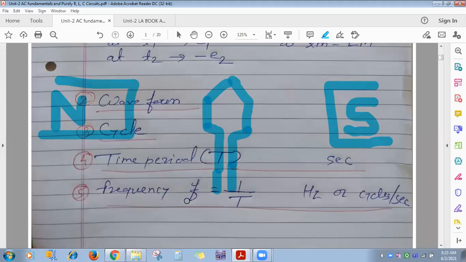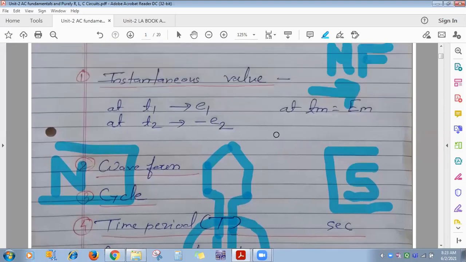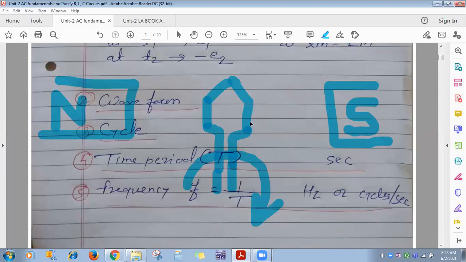Now we give mechanical input to the generator. I told you where we exactly give it: to the shaft. On the shaft the rotor core is there, and on the rotor core many conductors are placed. So you are giving mechanical input to the generator, which means you are rotating this coil in the magnetic field produced by these north and south poles. In between the north and south pole a magnetic field is there, and its direction is from north to south pole. In this magnetic field you are rotating this coil made up of copper conductor. We are giving mechanical input to the rotor, which means this coil is rotating in this magnetic field.